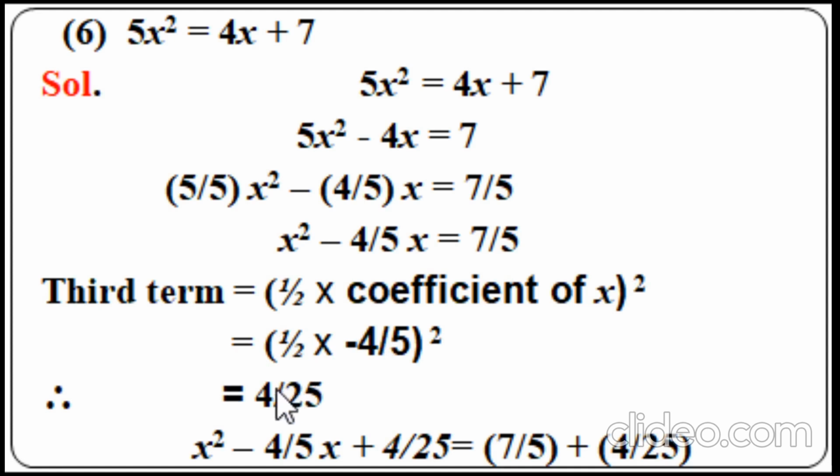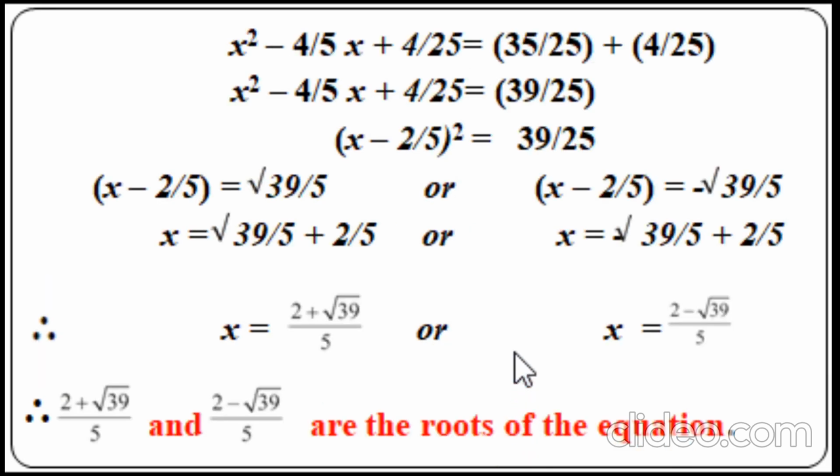Square of minus 2 is 4. Square of 5 is 25. Add this to both the sides. We get x square minus 4 upon 5 x plus 4 upon 25 is equal to 7 upon 5 plus 4 upon 25. If we see this right hand side, we get to know that denominators are not equal. Here it is 5 and here the denominator is 25. So we are going to multiply numerator and denominator by 5. So 7 5s are 35, 5 5s are 25. So we get 35 upon 25 plus 4 upon 25. Denominators are equal. 35 plus 4 is equal to 39.